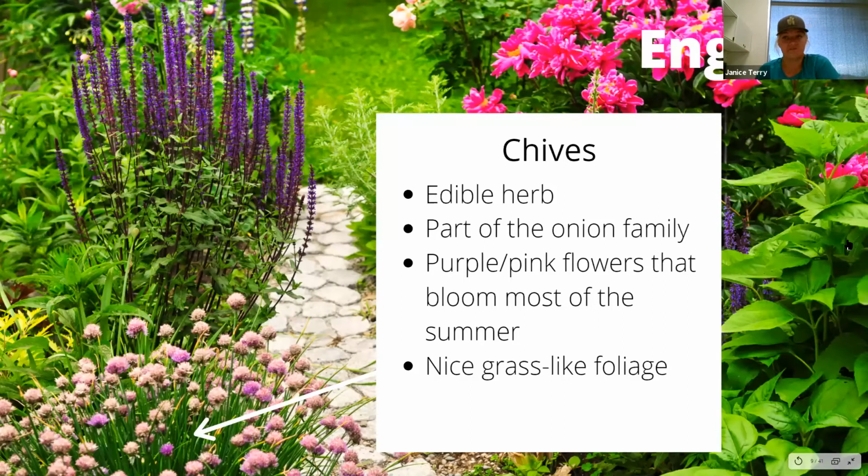You know, I think it looks kind of cute. So deadhead it if you want more fresh blooms. Don't worry about it if you don't mind the look of the spent blooms. But if you do deadhead it, you will get more new growth, which is better for culinary purposes if you're gonna put it in a stew or